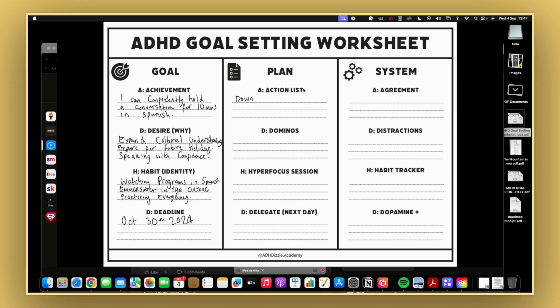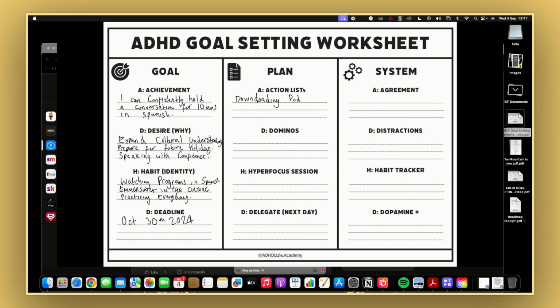So we were talking about maybe you getting to B1 level of Spanish, right? If that was the goal, I want to be at B1 level. If you want to be at B1 level, you're required to do A1 and A2, right? And then you have to do a test that obviously gets you to B1. So it might be that the first action is everything to do with A1, right?